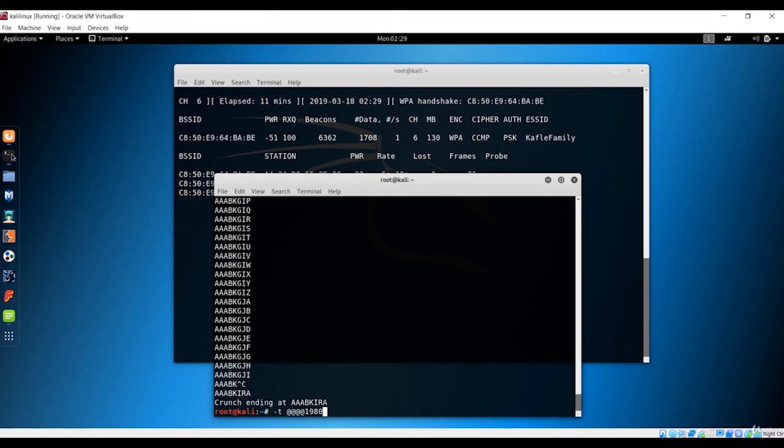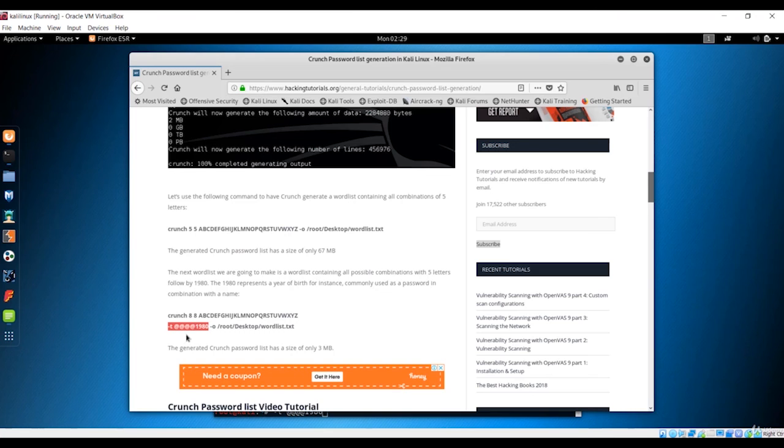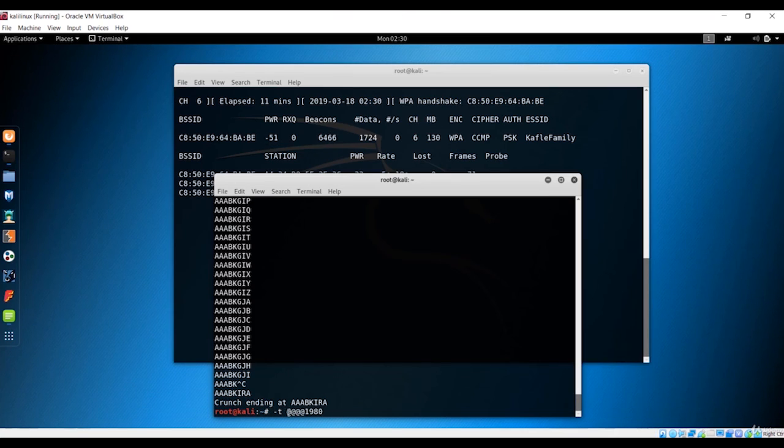You can clearly see we have the 8 characters, and for the pattern, if you want anything over here, it should be with the @, so @ defines each character. So it can be A to Z, and this @ is also defined from A to Z, and for this 4 there can be A to Z, and after that it should end with 1980. So this is the pattern you can include in your crunch list with this -t argument.